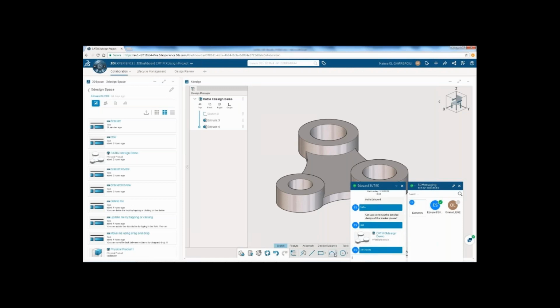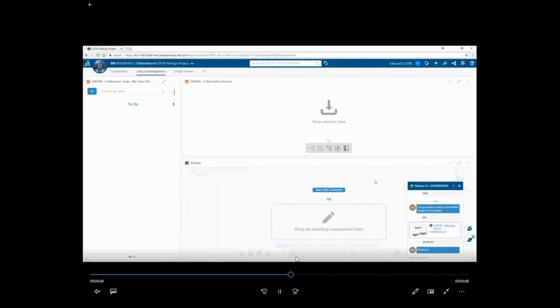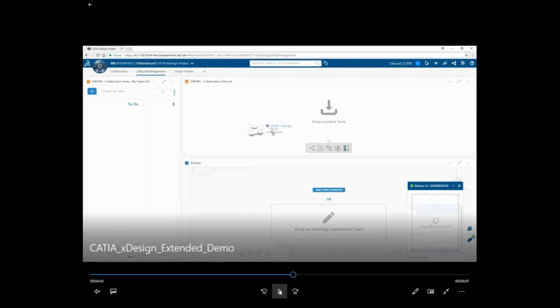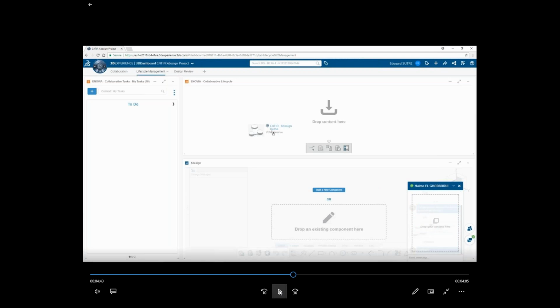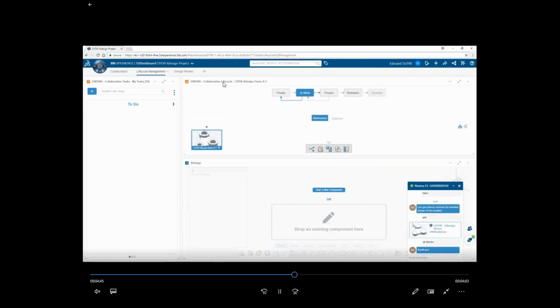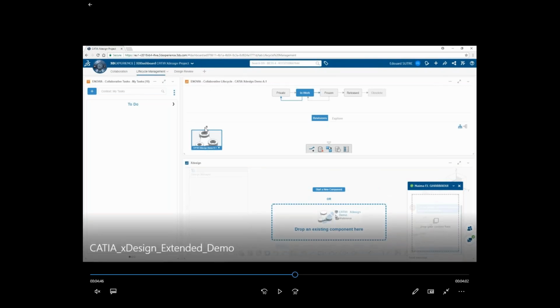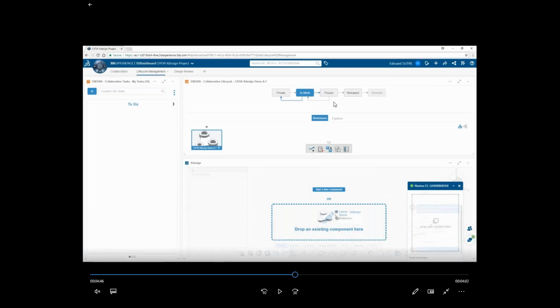As we observe, there is a lot of advancement and connectivity happening very quickly between WhatsApp, Facebook as digital platforms, along with LinkedIn. In a similar way, why can't we do this with engineering? So that is what we have come up with as an approach. If you see the complete collaborative life cycle, the Innovia collaborative life cycle, whether the model is in private state, in work state, or frozen state, that is what earlier Mr. Kiran has talked about.